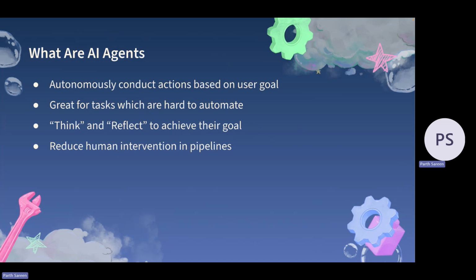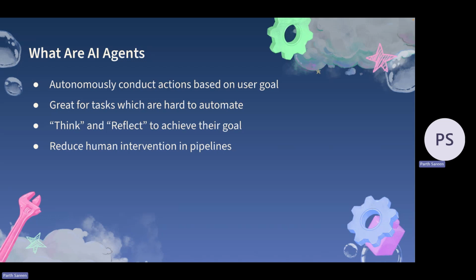And previously, if you were building a similar pipeline, you'd have to have different machine learning models to pick which step to do. If you have a large pipeline, you'd have to have multiple models to be very good at discriminating between the next steps to take. So agents have these two keywords called thinking and reflecting. And if you saw the new GPT-4o1 launch, it also does both of those things. So before it gives you an answer, it is thinking and reflecting.